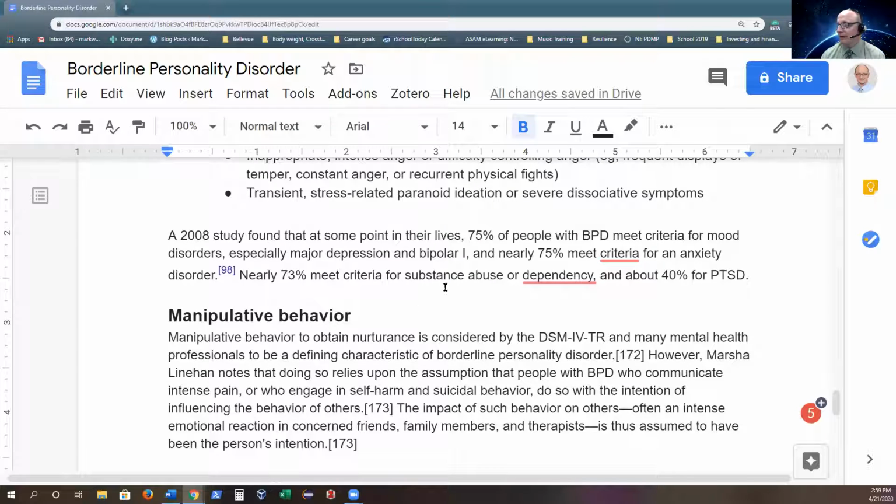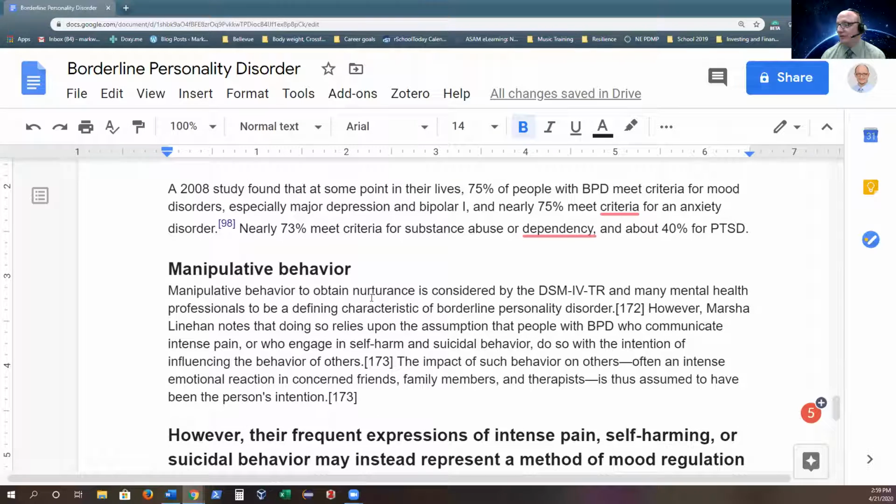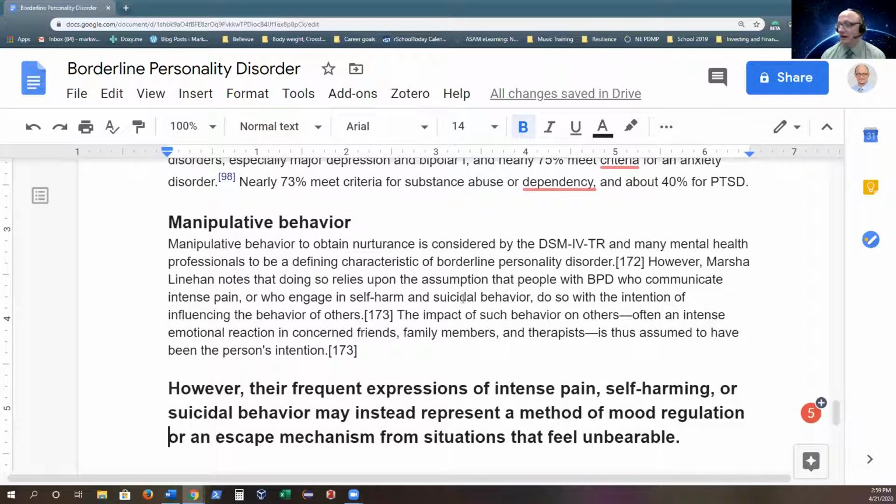75% of people with borderline meet criteria for mood disorders, especially major depression and bipolar 1. Nearly 75% meet criteria for anxiety disorder. 73% meet criteria for substance abuse or dependency. And about 40% meet criteria for PTSD. Okay, so